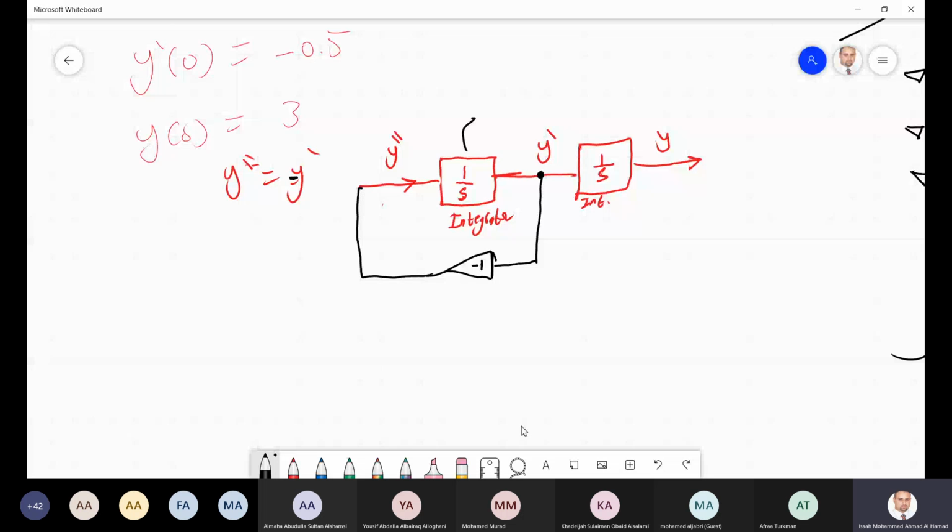This one, you put the first initial condition, and this one you put the second initial condition. So this is how you do it in Simulink. هنطبقها إن شاء الله. So انفهمت الآن كيف سويت هاي السيركت أو كيف سويت هاي البلوك دايجرام؟